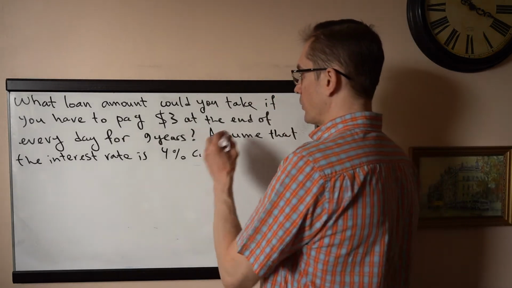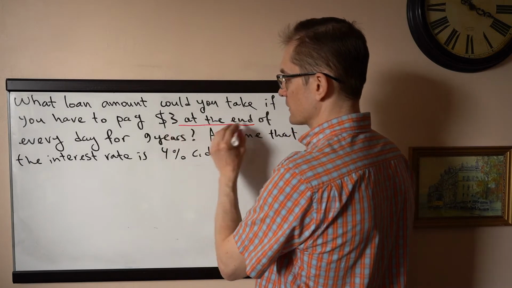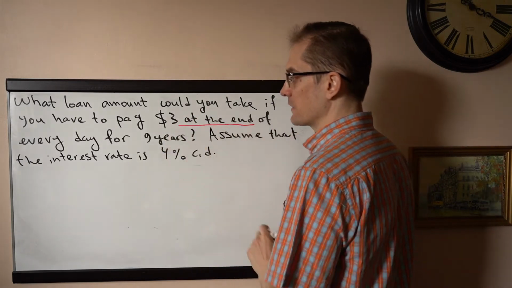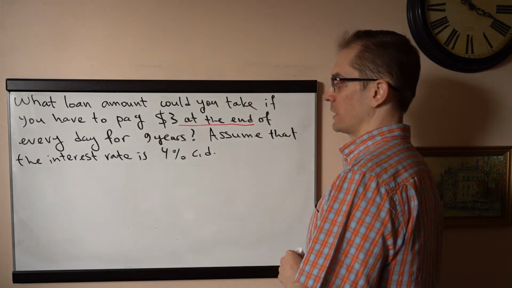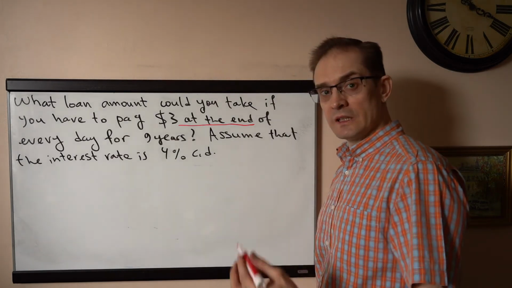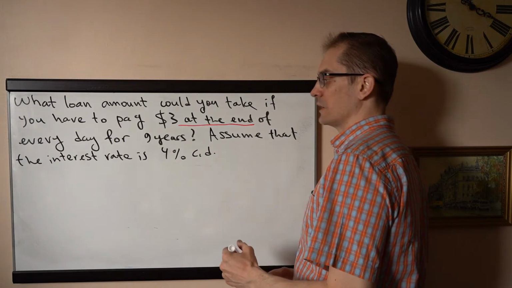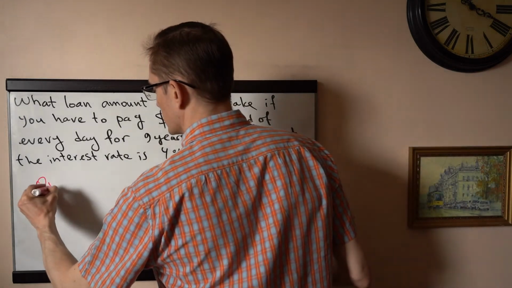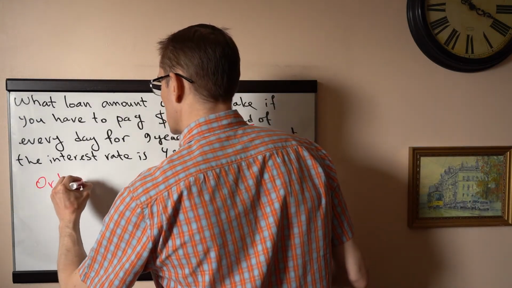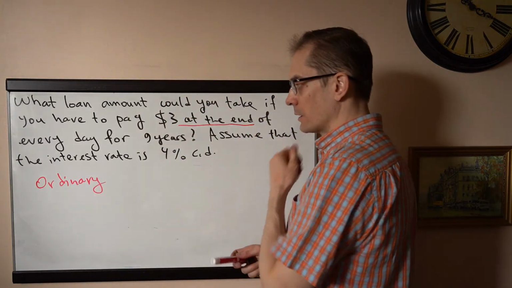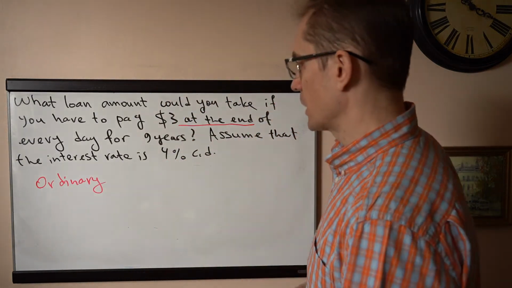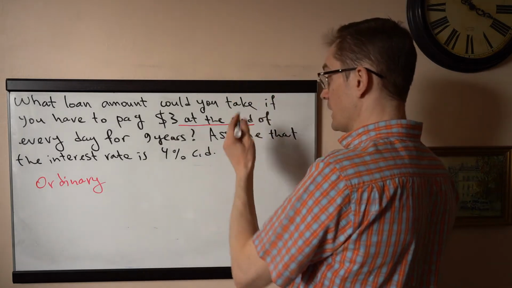So our keywords are these. So at the end, right? So we pay this amount, $3, at the end of every day, which means that the annuity is ordinary. So this annuity is ordinary. Now, also let's check out another